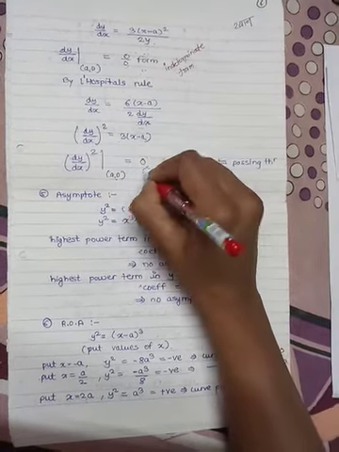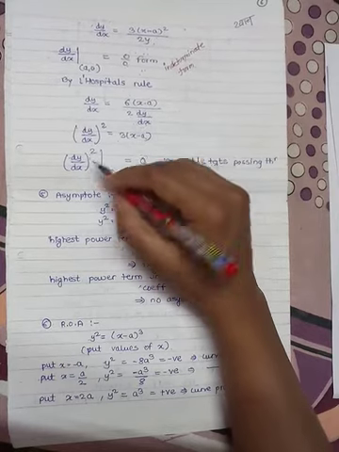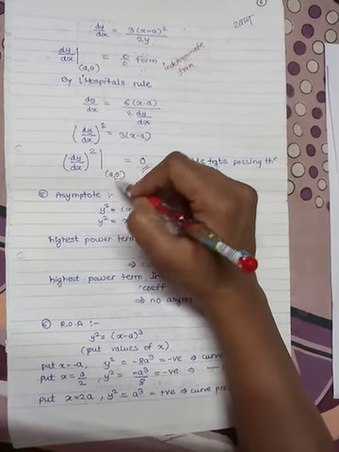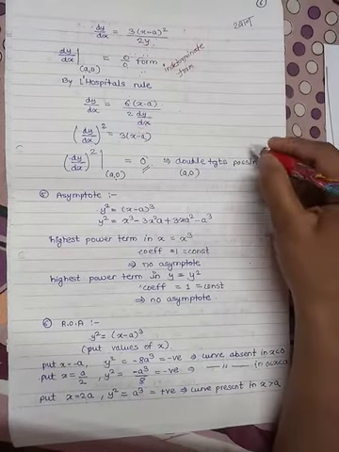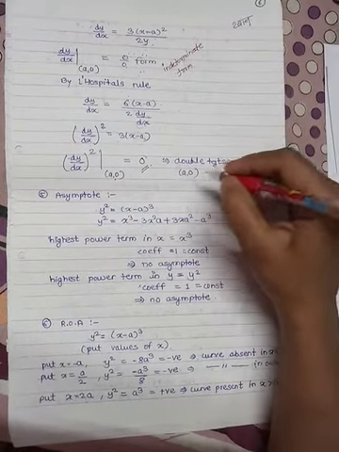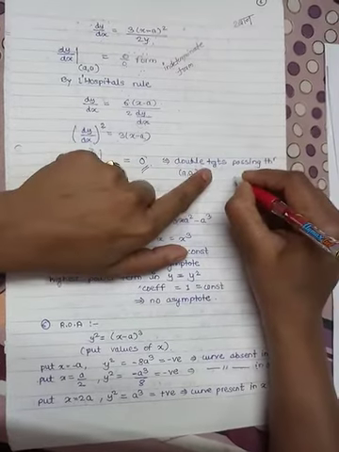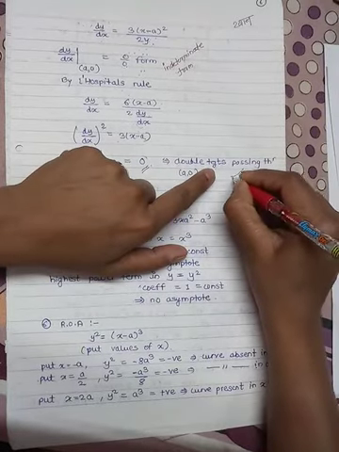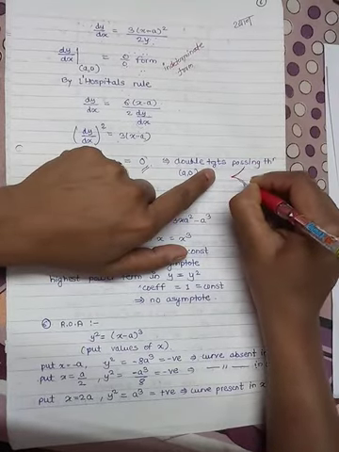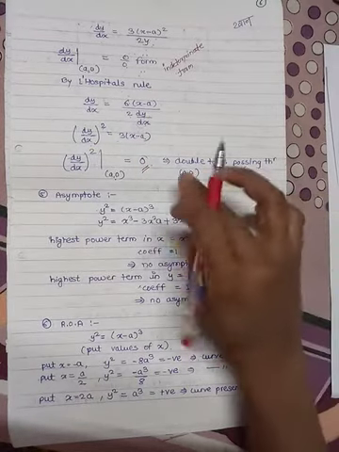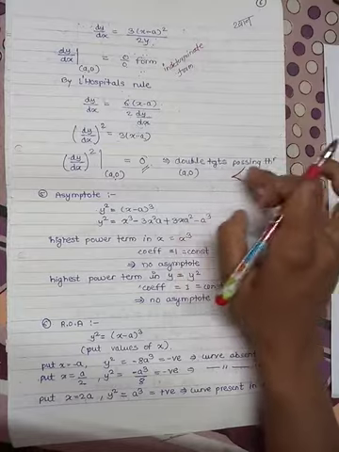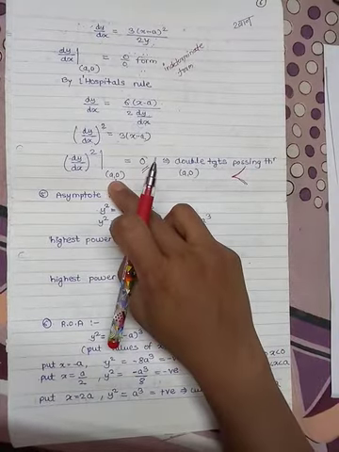So this is one of the conditions in the theory part, that is, if (dy/dx)² at a point other than the origin gives 0 value, then there are double tangents passing through (a, 0). Double tangent means the curve is like this. So the conclusion is we get double tangents through that point (a, 0).